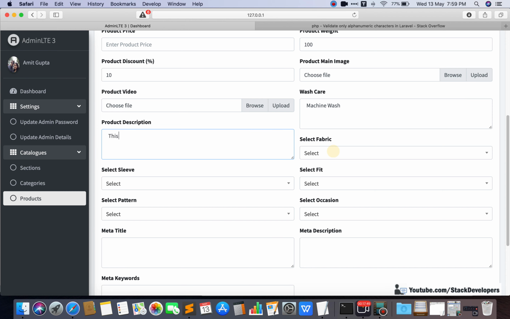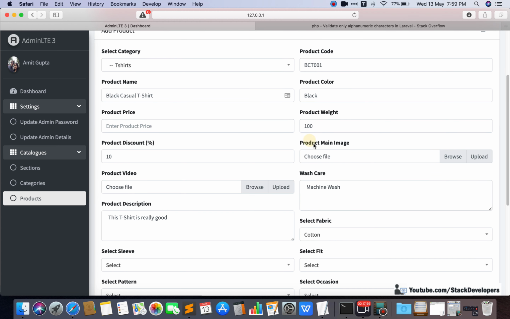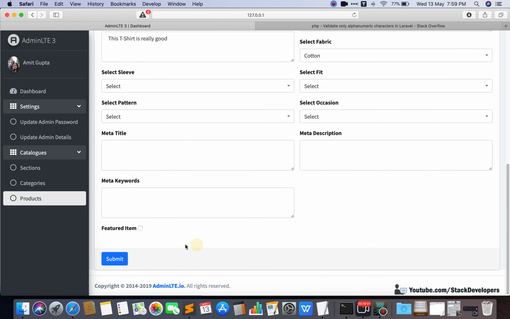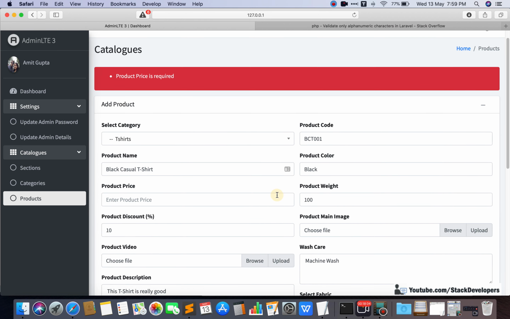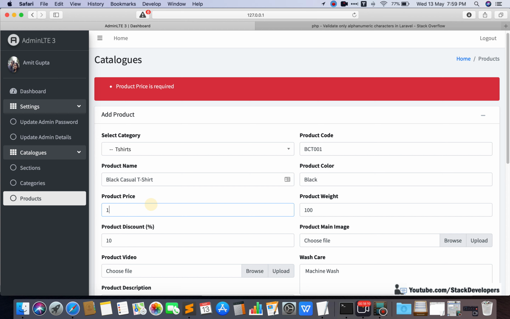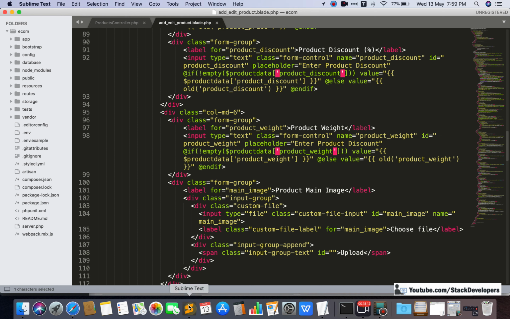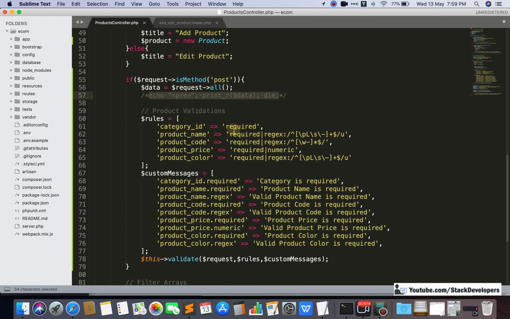This t-shirt is really good or something. Anything you can add, cotton. Whatever. You can check: if submitting, then this old data will come back. See here, all data is automatically filled. Okay, 110.